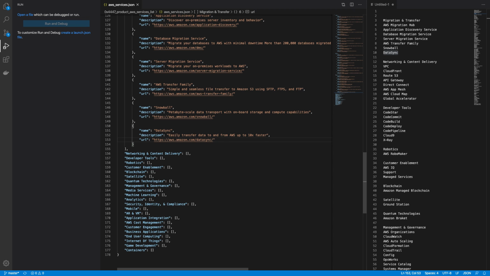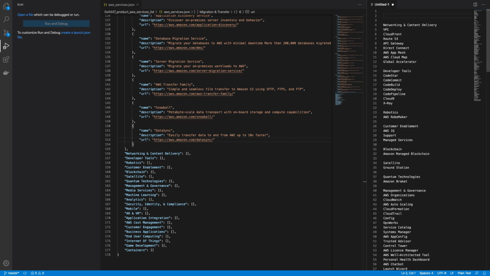DataSync, easily transfer data to and from AWS up to 10 times faster. Okay, that's what it is. So we did the data. Never played with that, but yeah, I don't need to send 10 times so much data to them. Anyway,